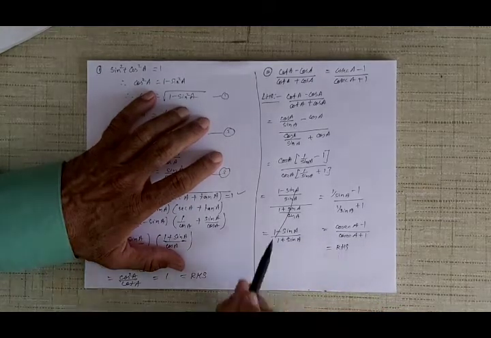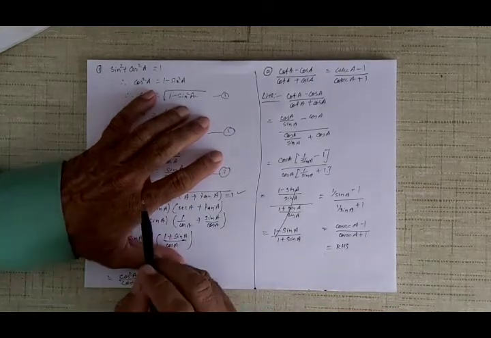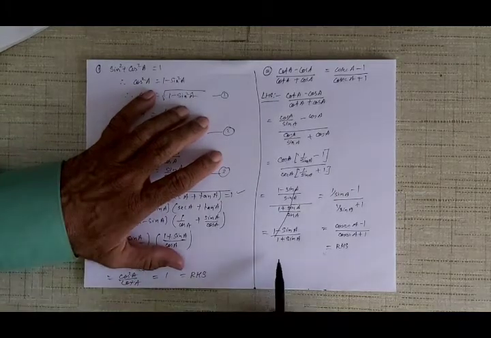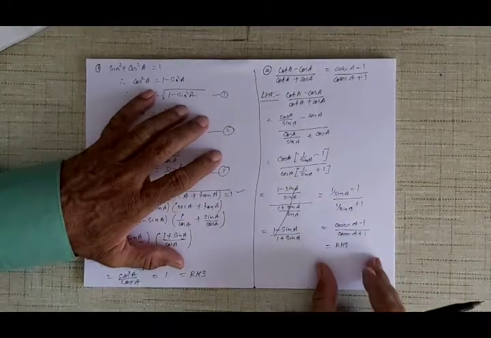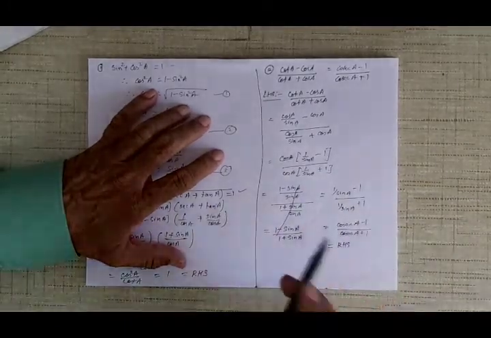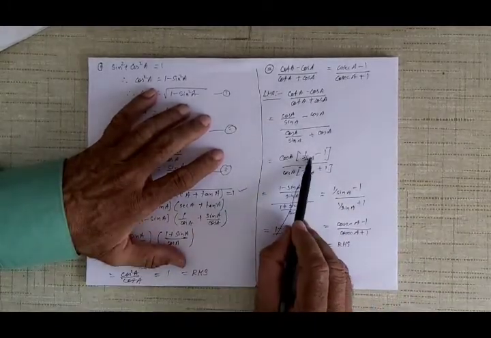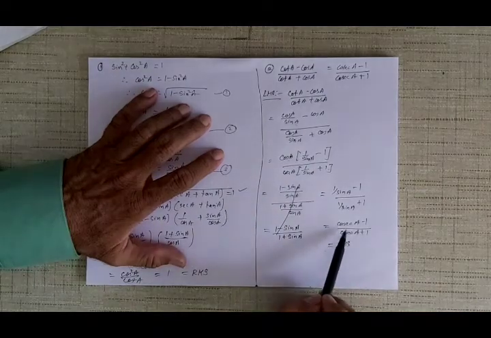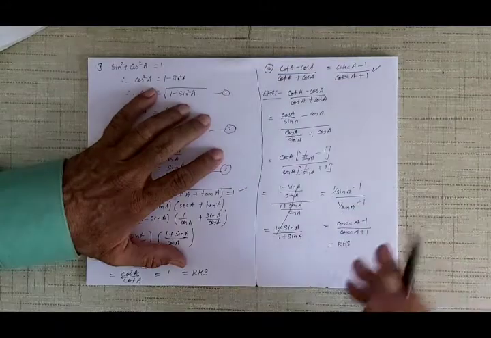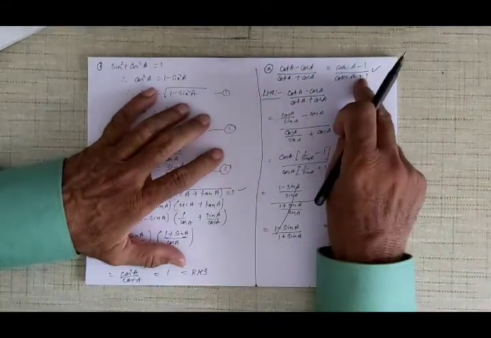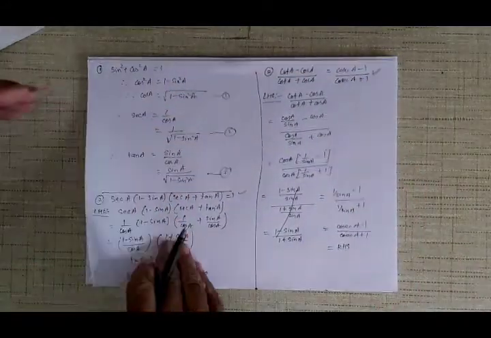Of course, I can simplify. You see, this simplification was also correct. But then again, I will have to carry out further work. I will have to use another algebraic expansion. But this is the shortest possible way. So I am using the shortest possible way. Cos will cancel out. 1 upon sin A is cosec A. This is what we want. Always keep an eye on what you want. Okay? Very simple, not difficult at all.